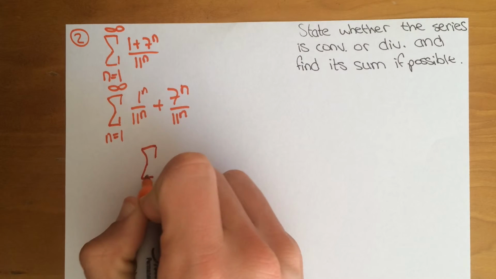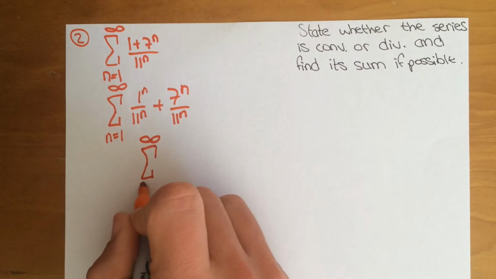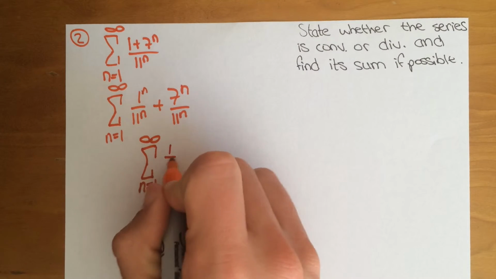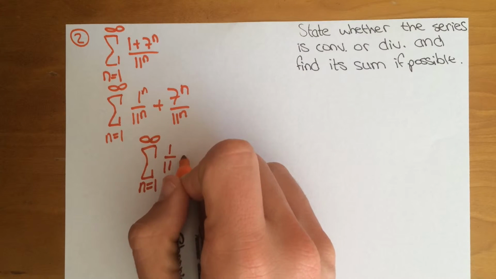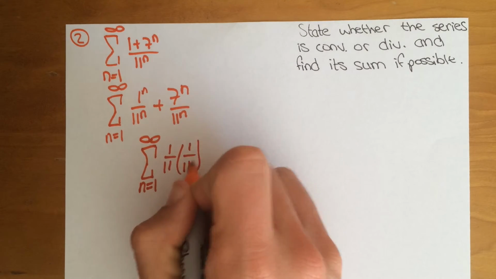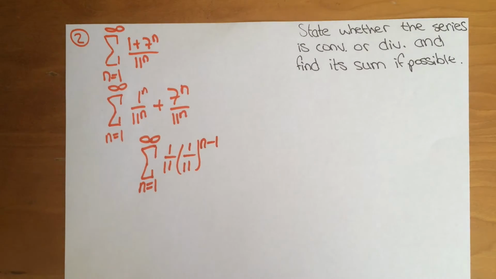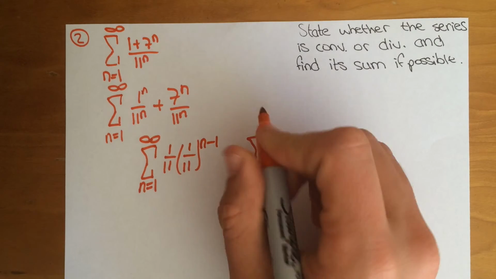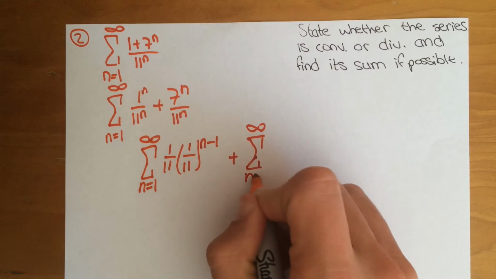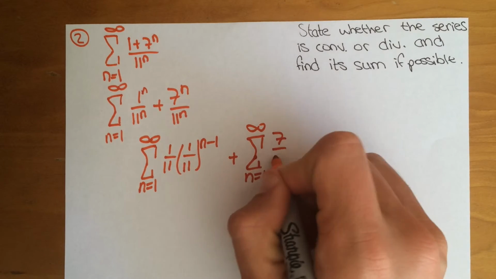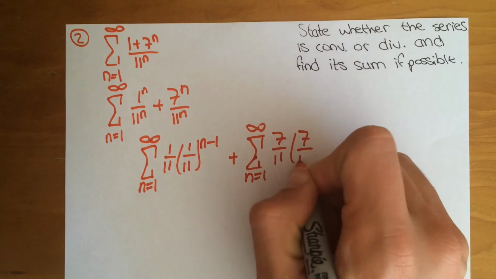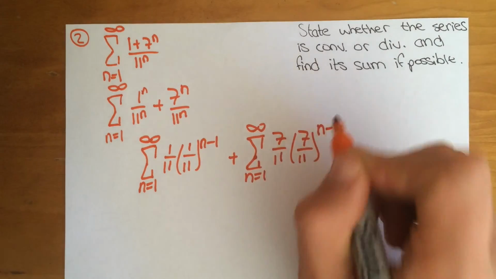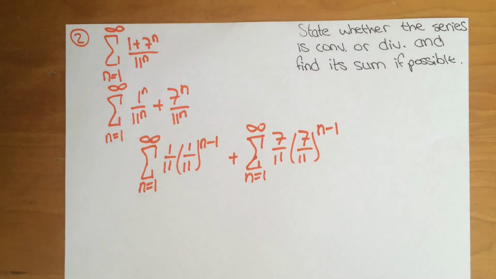So you have the series. I'm going to pull out a 1/11th here. So that becomes 1/11th times 1/11th to the n minus 1, plus the series. Doing the same thing here, 7/11ths times 7/11ths to the n minus 1. Alright, now it's just two